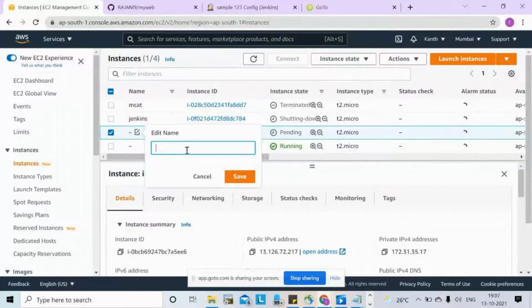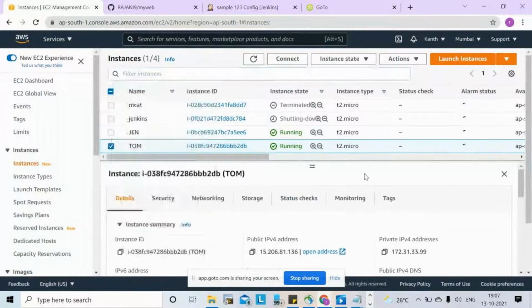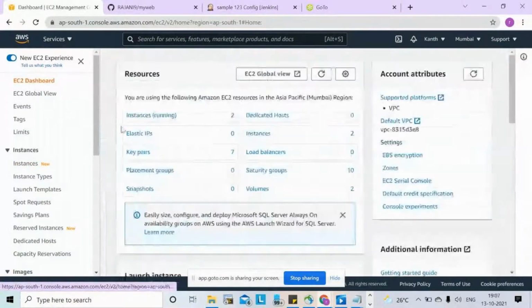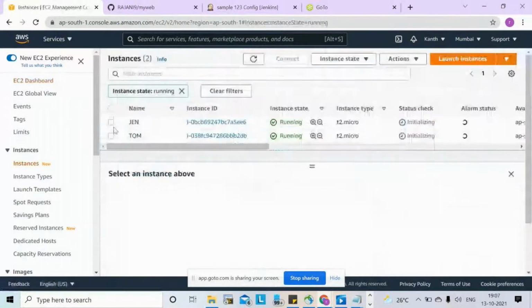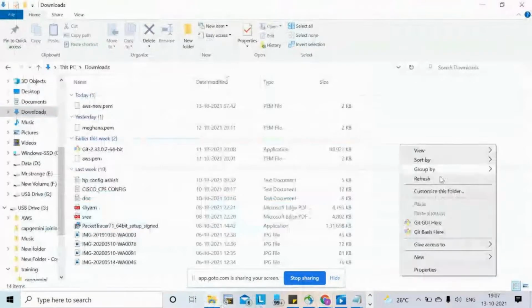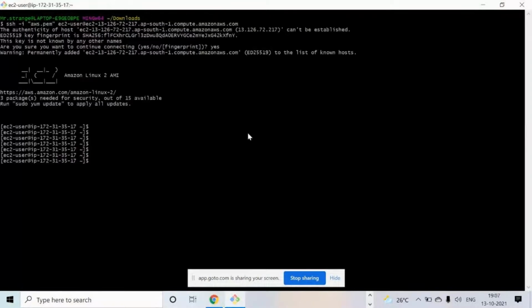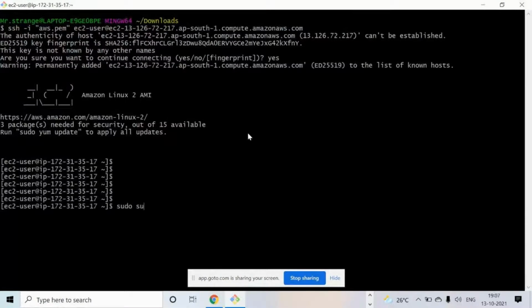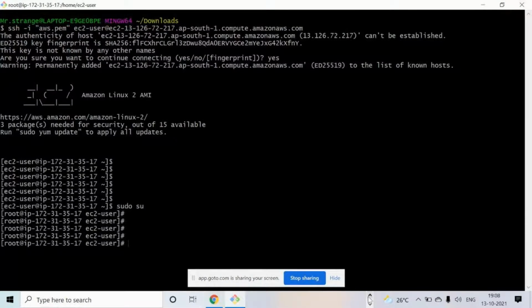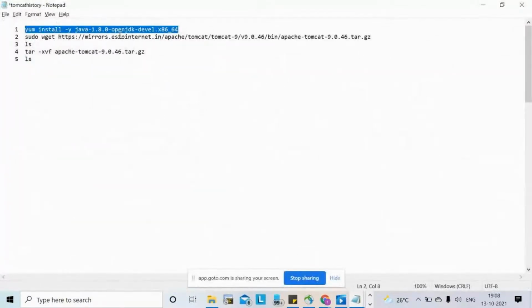Downloads, paste. So I'll go for this one, Java installation.